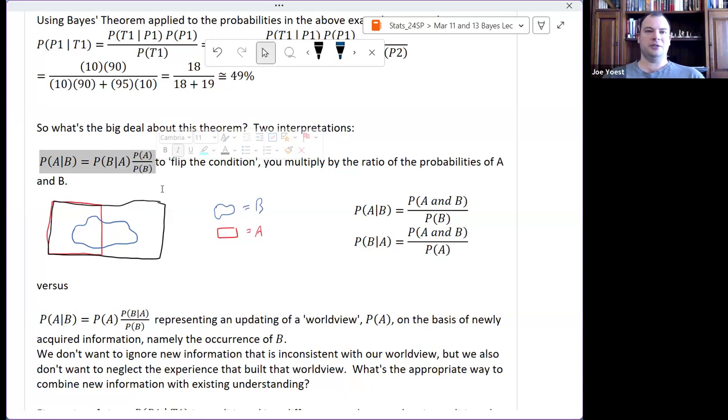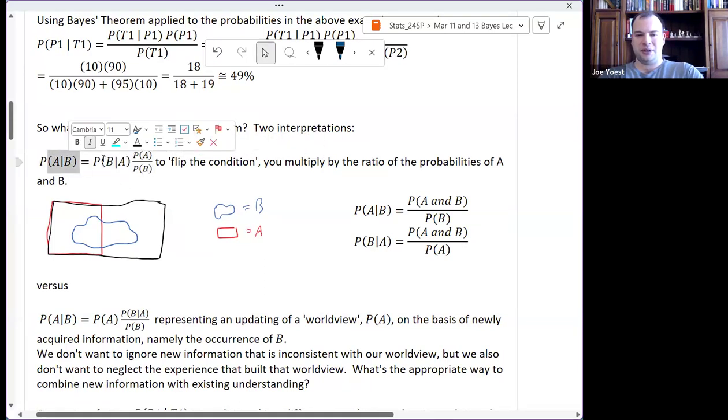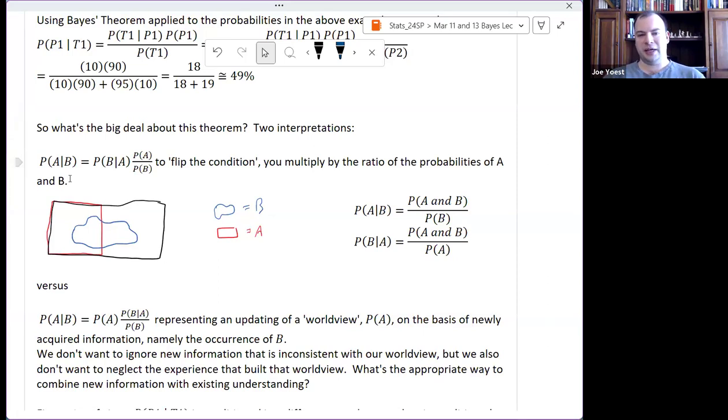And this is the frequentist approach. This is the approach that would be consistent with most of what we're covering in this course, including things like confidence intervals and hypothesis tests later on, where we say, okay, it's a pretty nice little tool. It lets me flip the condition around. I can change probability of A given B, if that's an inconvenient probability to try to compute based on the information that I have, I can turn it into probability of B given A, which is not the same thing. Be very careful. These two conditionals are not the same. I can flip the condition. I can find probability of B given A instead, provided that I multiply by this ratio, probability of A over probability of B.